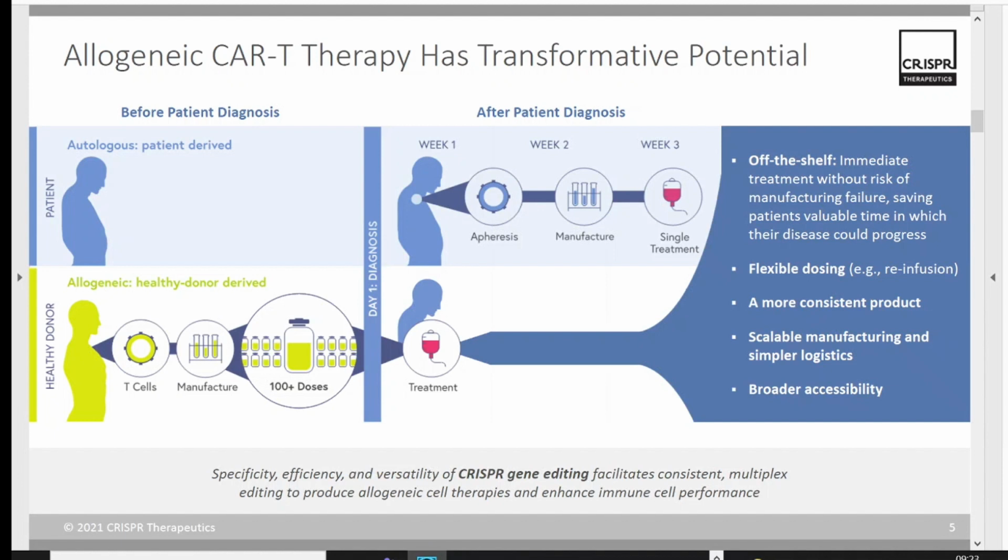So CAR T-cell therapy is a new emerging technology in cancer treatment, as well as potentially other disease treatments that you'll hear about in the future, probably a lot more because there's a lot of interest in this technology. On this slide, very high level to set the scene. Currently, a lot of the commercially available treatments, and there are not that many, are derived from autologous cell lines. Ultimately, a CAR T-cell is a way of enabling the patient's own immune system to recognize specific cells, such as those derived from a cancer, in order to enable the immune system to attack the cancer and ultimately treat the